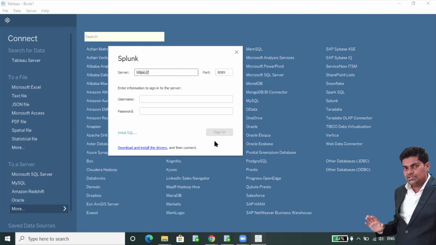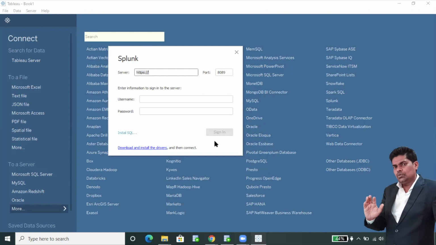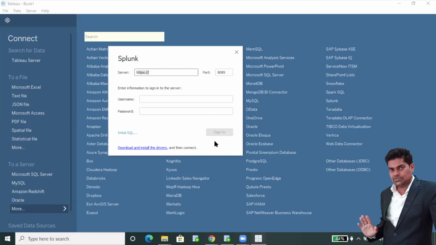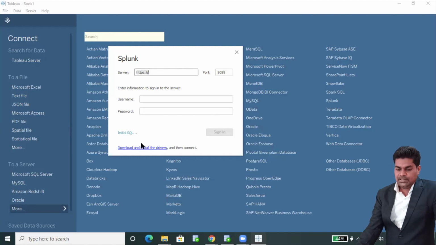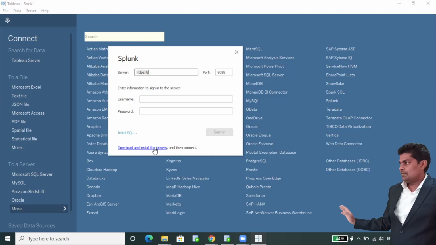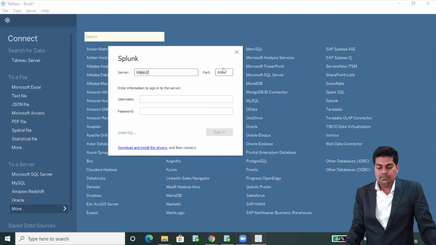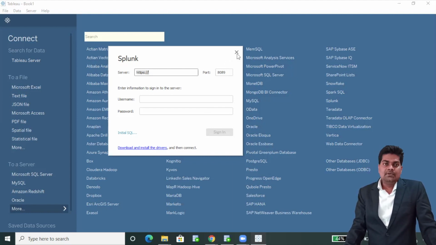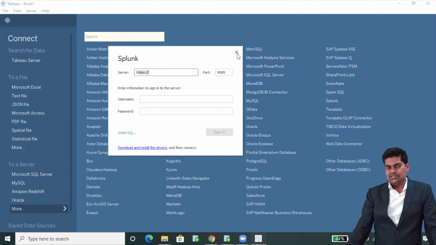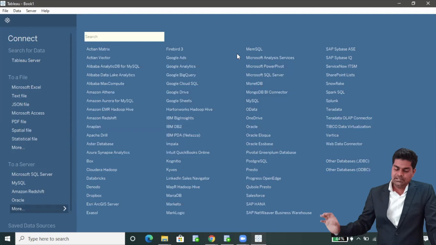Every company uses a maximum of two or three databases for reporting purposes. Here you can click on download and install the driver. Each database has a corresponding driver, and we can simply download and install it. That's not a big deal.